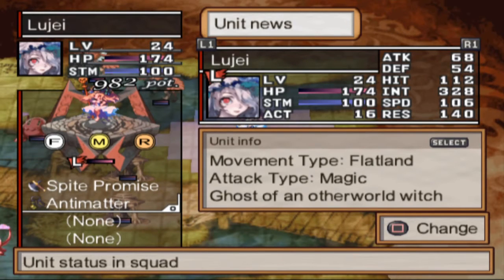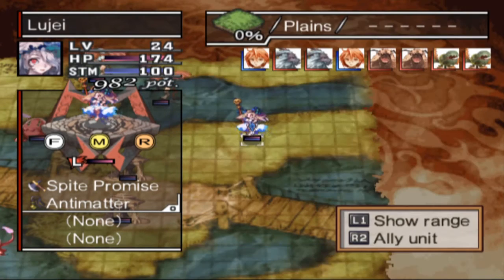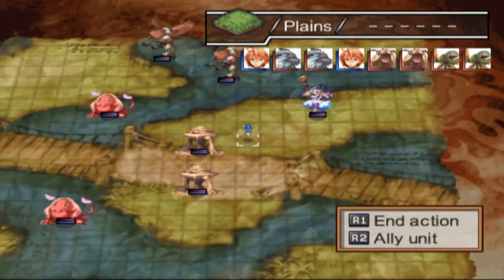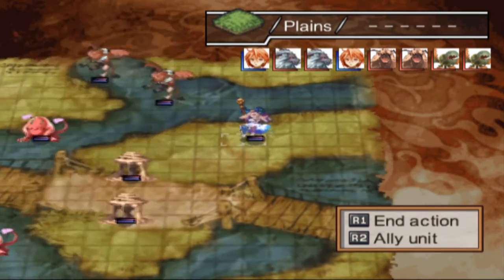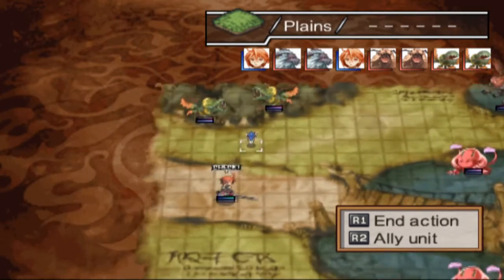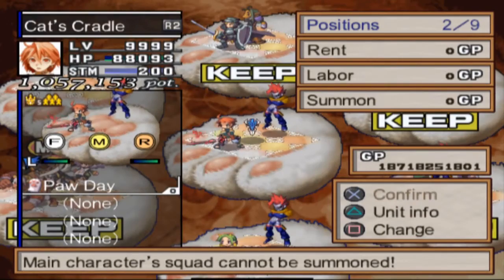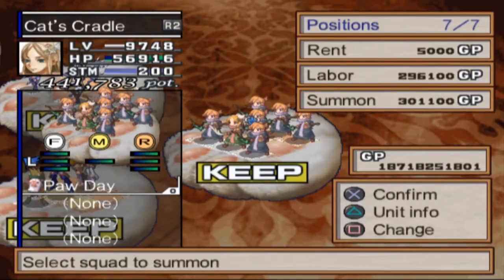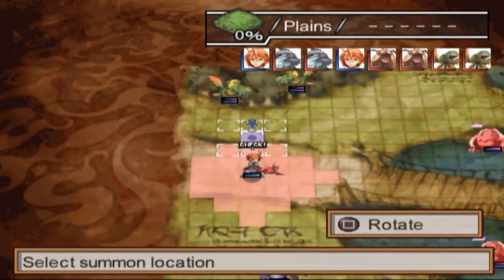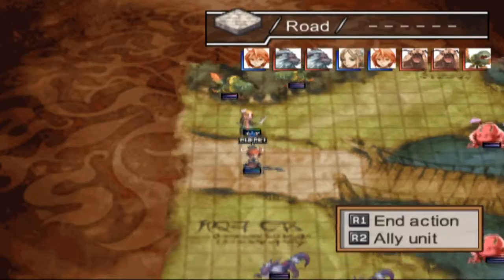Ghost of an Otherworld Witch. Yep, she's a ghost. Well, doesn't matter. We were strong enough to beat the final boss, so she's weaker than the final boss, so it doesn't matter. Biggest problem are these guys, but ultimately. So. Good day, everyone! Good day to you. And then...